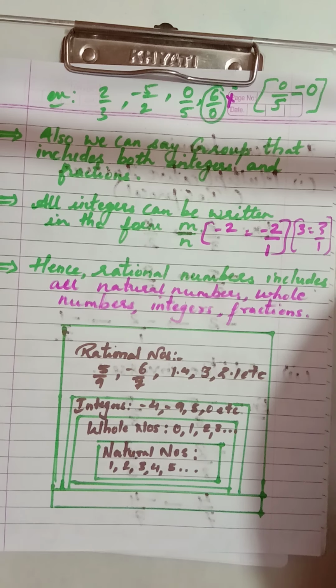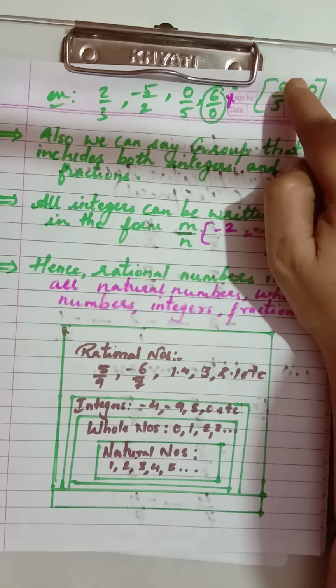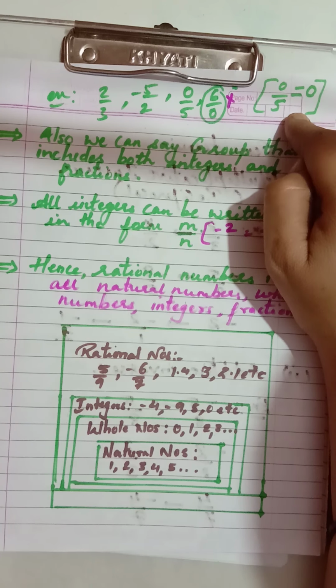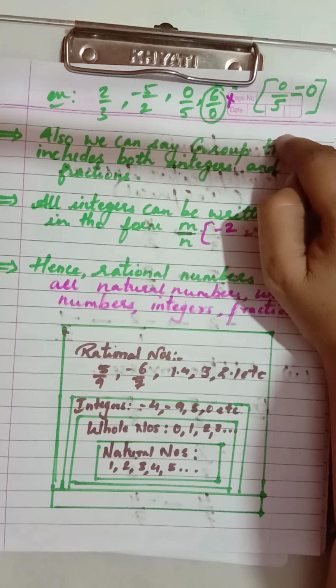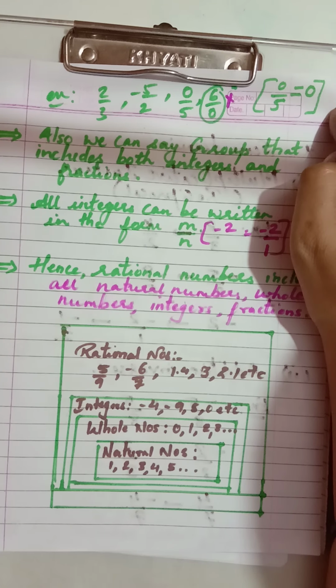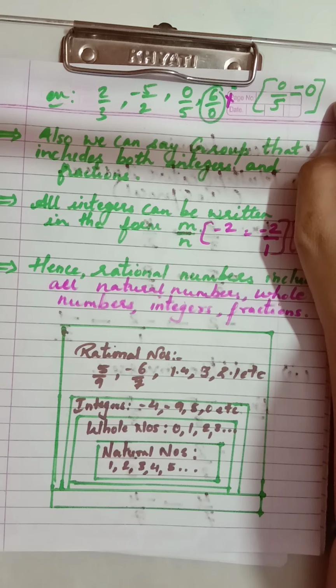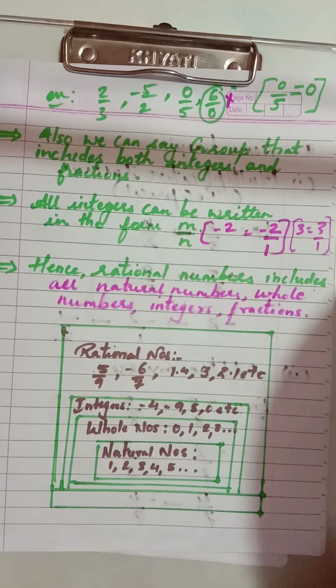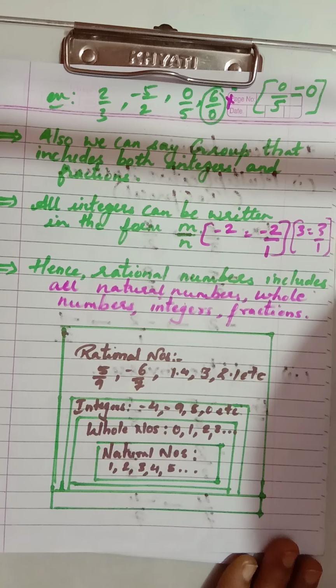Here it is very important that you keep in mind that for a rational number, 0 will not come in the denominator, and whenever 0 comes in the numerator, 0 upon 5, that will be equal to 0. The value of the fraction becomes 0. So I hope that you are going to copy all the points, and once you read the definition, the things will be very clear to you.